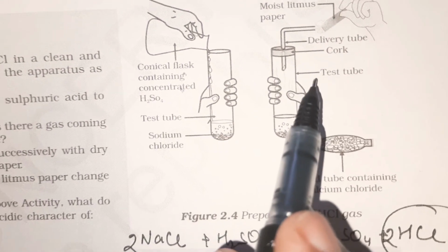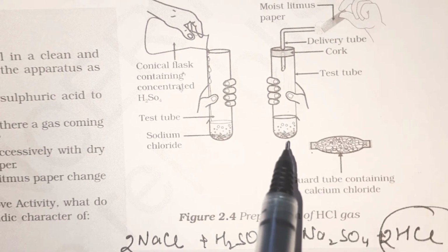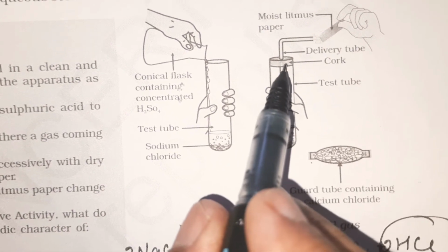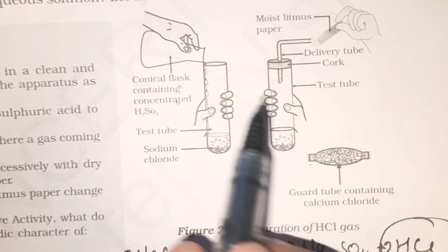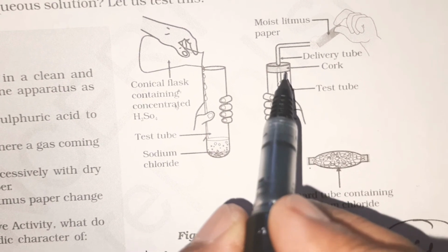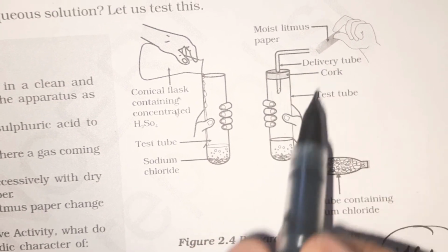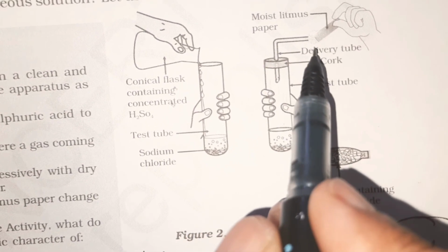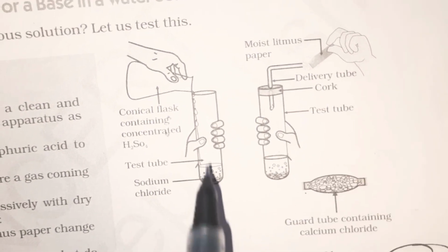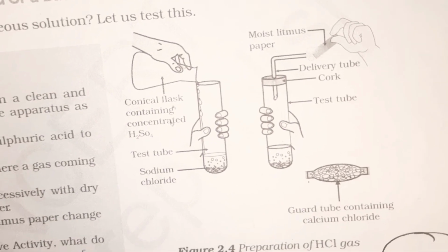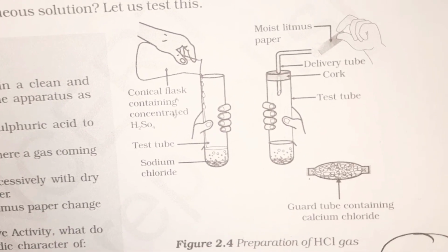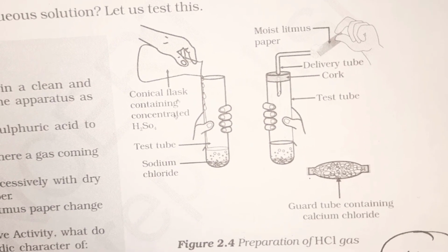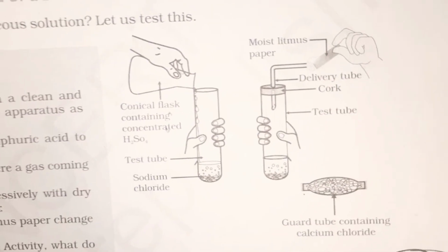Now this HCl gas will be evolved. We can see in the second figure that after pouring this sulfuric acid, they have corked the boiling tube. The cork is placed so that none of the gas being produced here escapes out. All the gases pass through this delivery tube. Now two conditions are taken. The meaning of the activity is making you understand two conditions in this process.